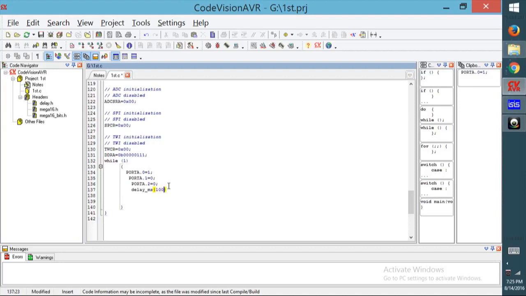I will give a delay of 100 ms. Then I will give the same state to the yellow light, then again the red light. Okay, fine.